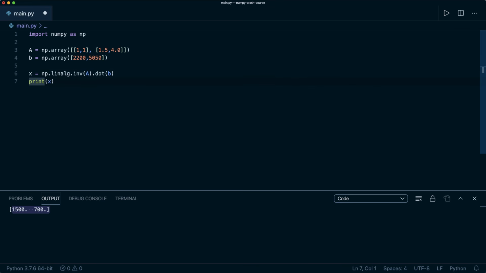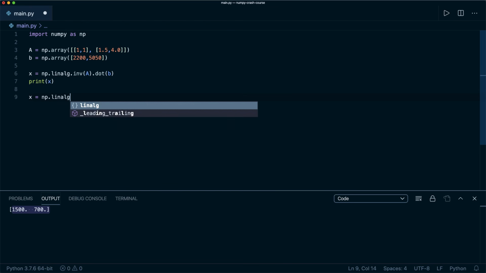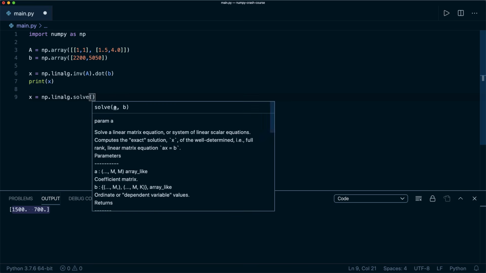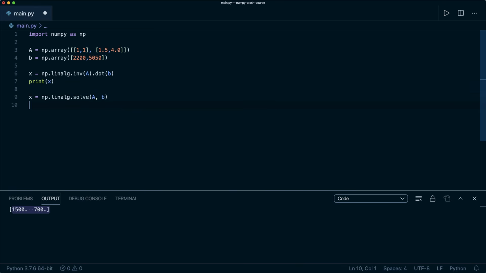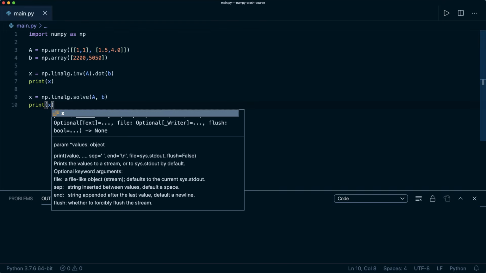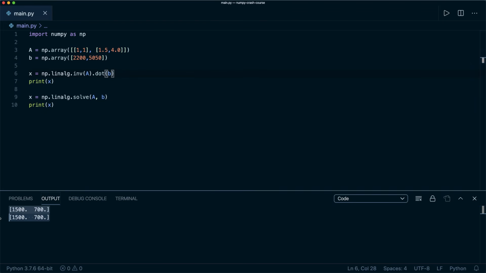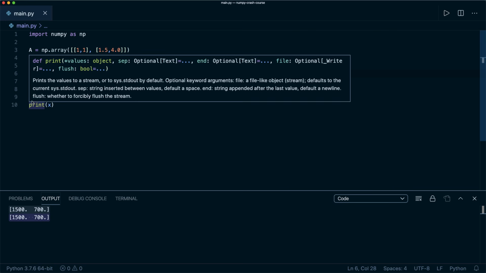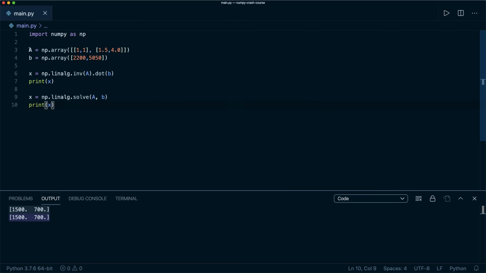So a better way is to use the NumPy linalg solve function. So here we say x equals numpy.linalg.solve, and then A and B, and then if we print our x, then this has the same result, but this is the preferred way. And now you see it's that simple to solve linear equations. You just have to be careful to create the correct arrays A and B, and then you apply this function